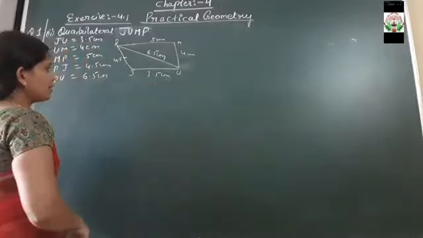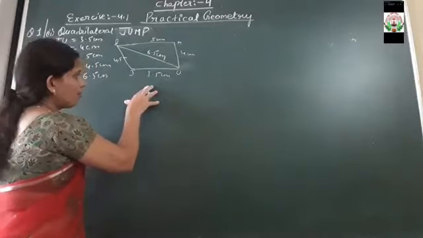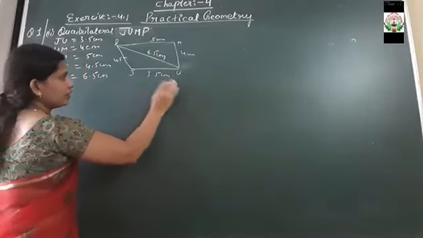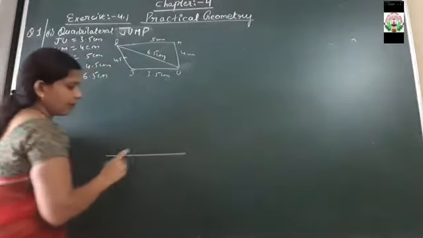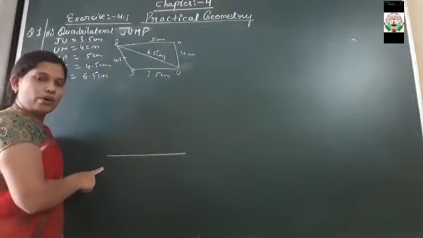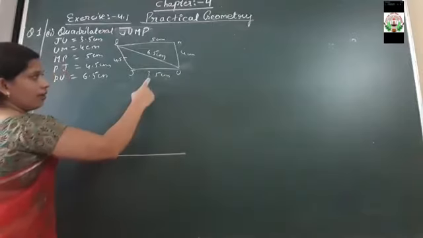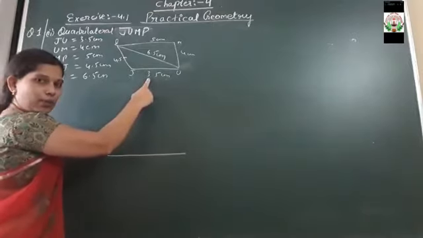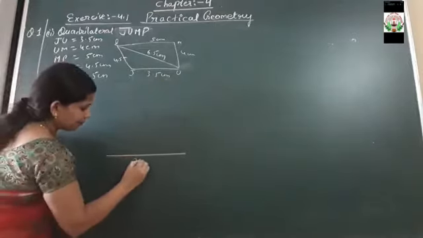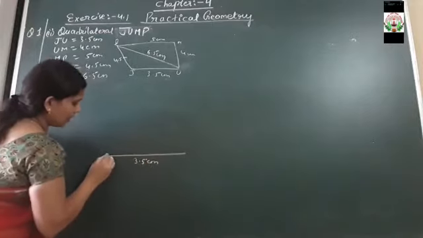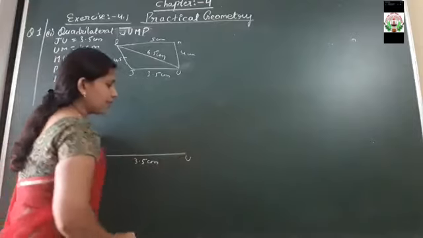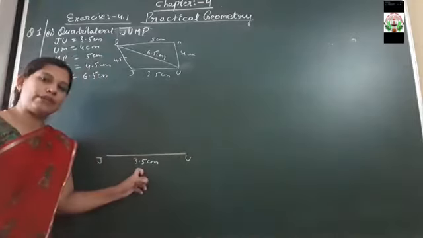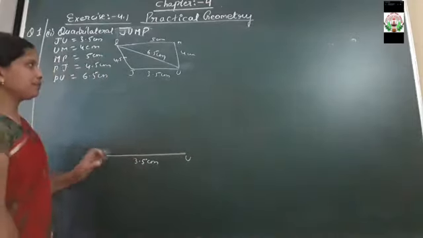Now the first step is to create the base. So what is the base we are going to create? J. With the help of JU we are going to create a base. So we keep the scale on your copy. Draw a straight line 3.5 centimeter. With the help of your scale and pencil you have to draw a straight line. Okay, the measurement of that straight line will be 3.5 centimeter.